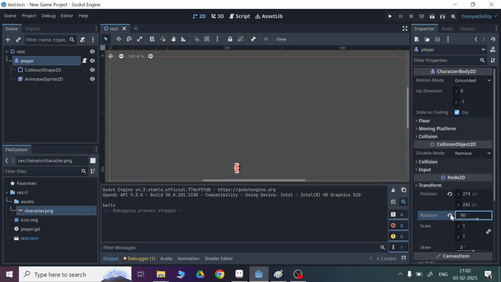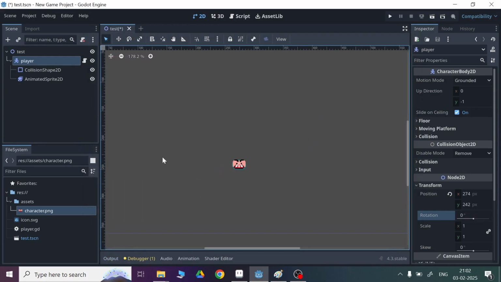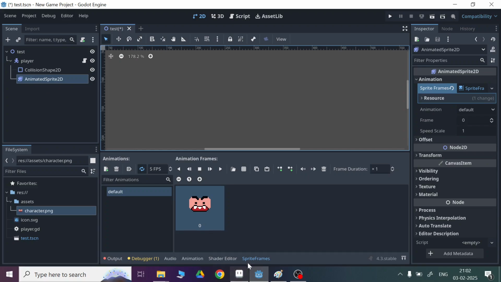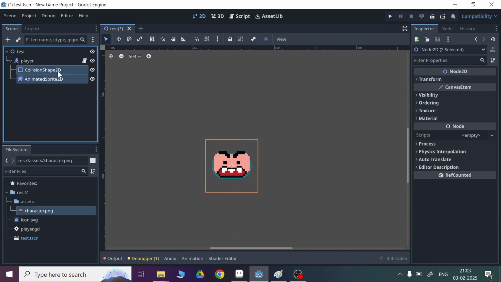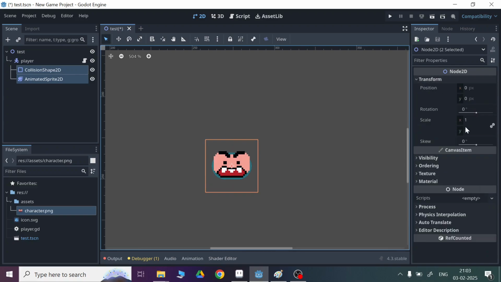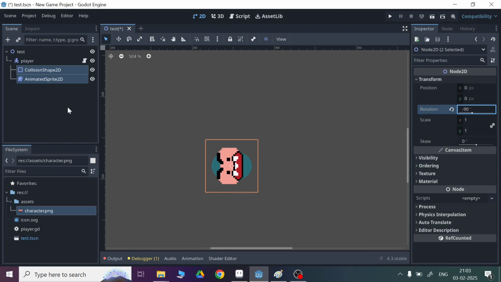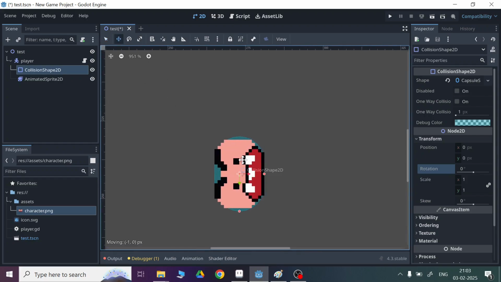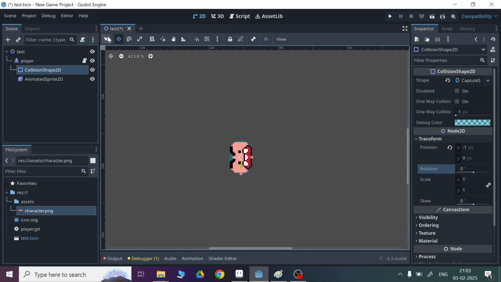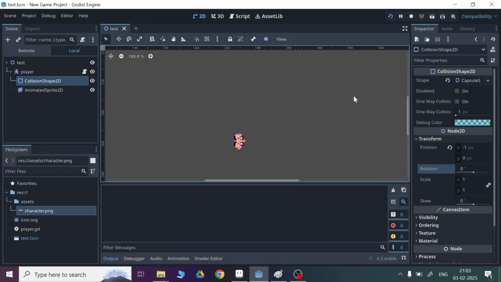Oh, I forgot. You need to not move your player by 90 degrees, but move your animated sprite by 90 degrees, and the collision shape as well. In order to fix that, you can just select this and set it to -90. I need to set it for our collision shape as well. Let's fix it properly, I guess. And now if I run it, you can see,